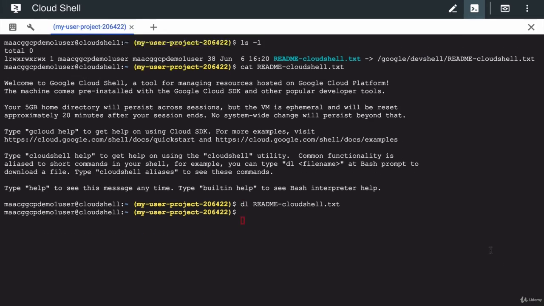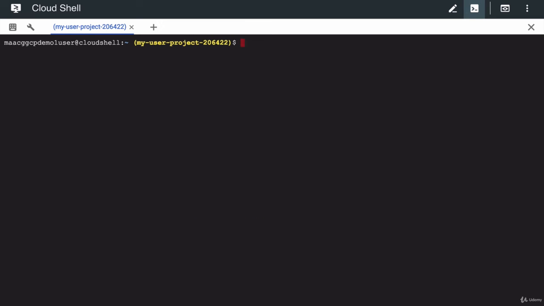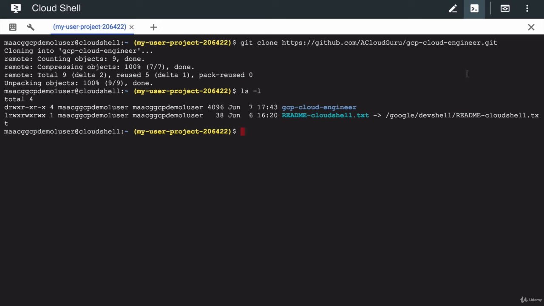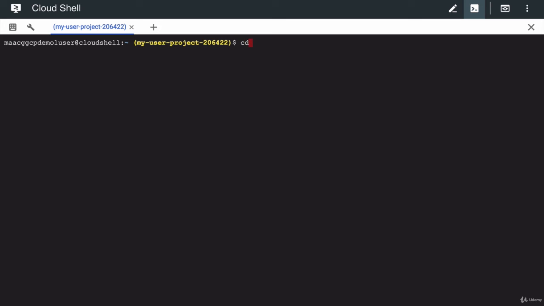I want you to get the lab files for this course. So to do that, start in this home directory and type git clone https://github.com/acloudguru/cloud-engineer.git. Now you don't actually have to type out that entire address. You can go to the resources panel, find this link, right-click on it and say copy link address, and then just paste that in here. In any case, I'm going to grab these files now, and we'll see that it's created a new directory for us. Let's navigate into that directory with a cd space